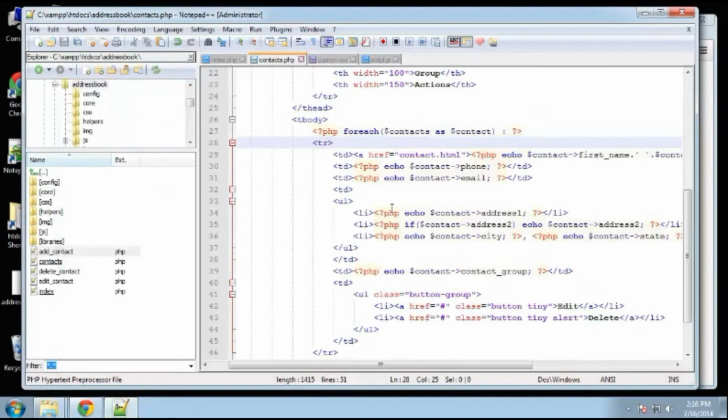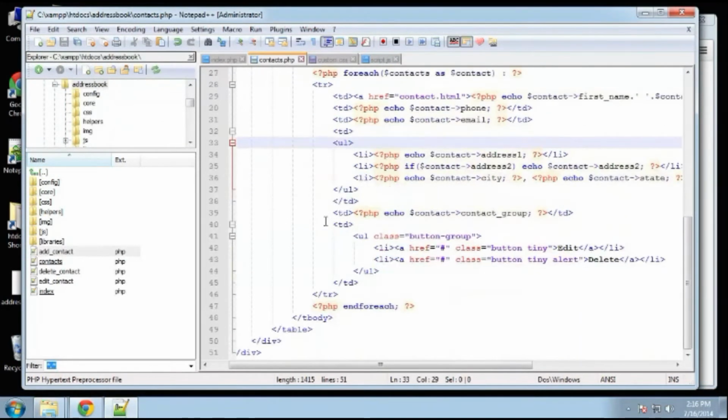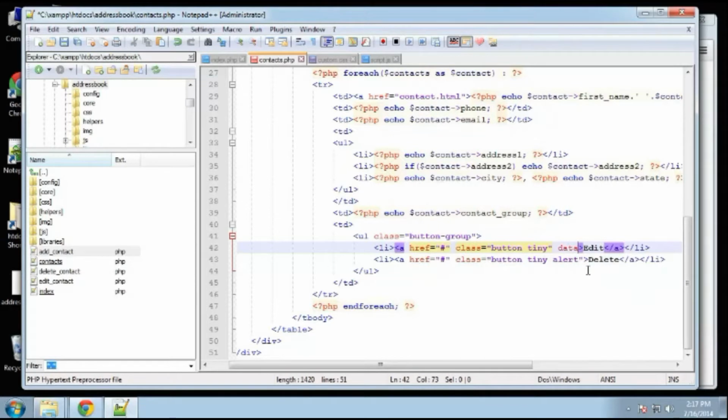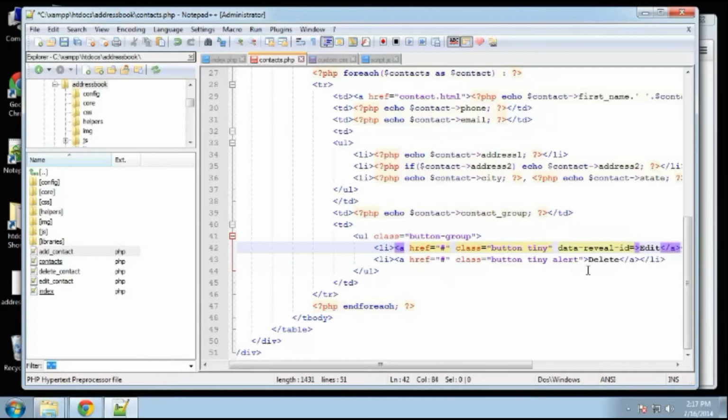Alright, so let's go to contacts.php and we need to find the edit link, which is right here. There's a few things we need to do to this link for it to open a modal. First of all, we need to add the data-reveal-id attribute, and that's going to equal